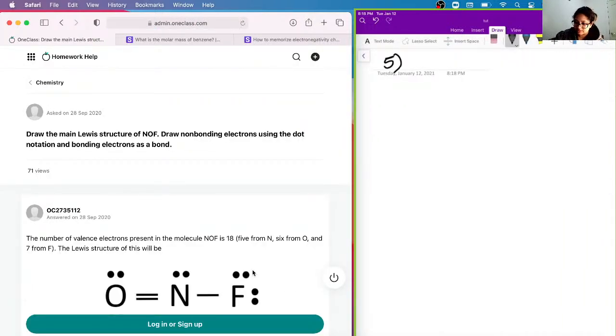Our next question says, draw the main Lewis structure of NOF. Draw non-bonding electrons using the dot notation and bonding electrons as a bond. And so as they stated here, the number of valence electrons present in the molecule NOF is 18. So the total number of valence electrons